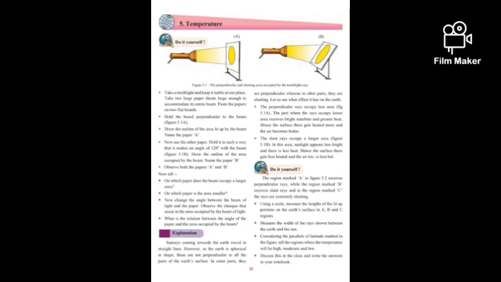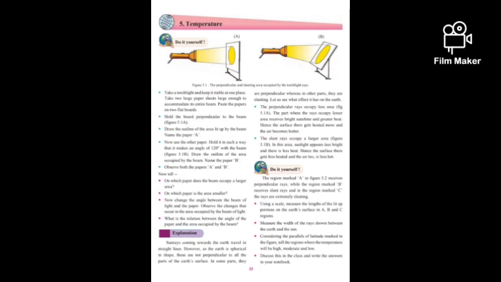Now look at the picture, children, on page number 23, figure A and B. You can see there is a plain paper attached on a board, and on the left hand side you can see there is a torch light. Here two papers are shown. One is straight, vertically placed, and the other paper is slant. And see the difference in the torch light.